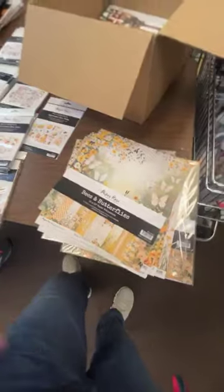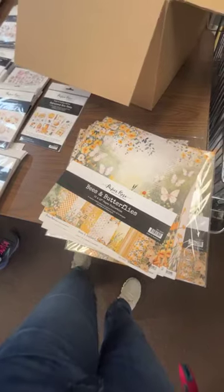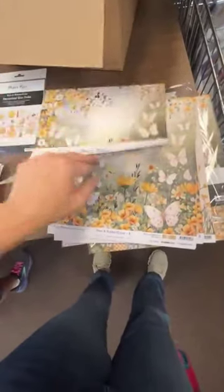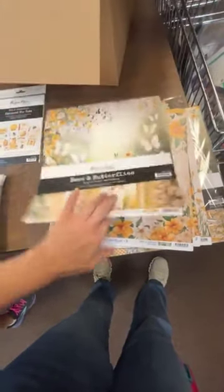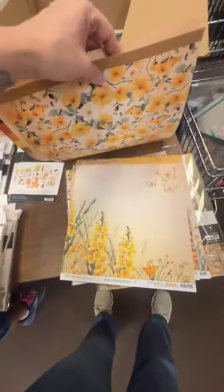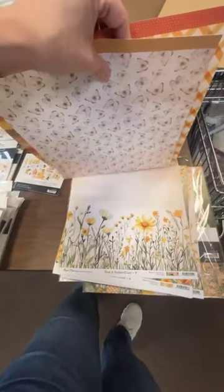This one here is a restock. We've had this one in, I think, in every single order that we have placed with Paper Rose lately. This one is called Bees and Butterflies. Yes, more bees. But it's a really pretty line. Out of a lot of the bee lines that we've gotten in lately, I think this one would work